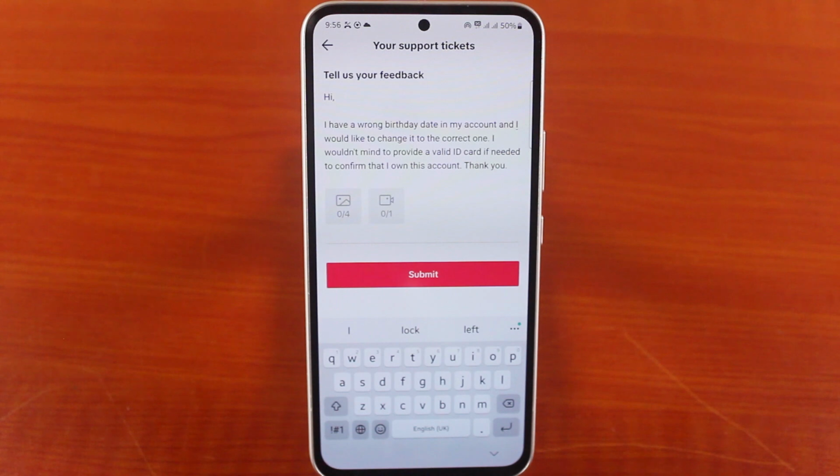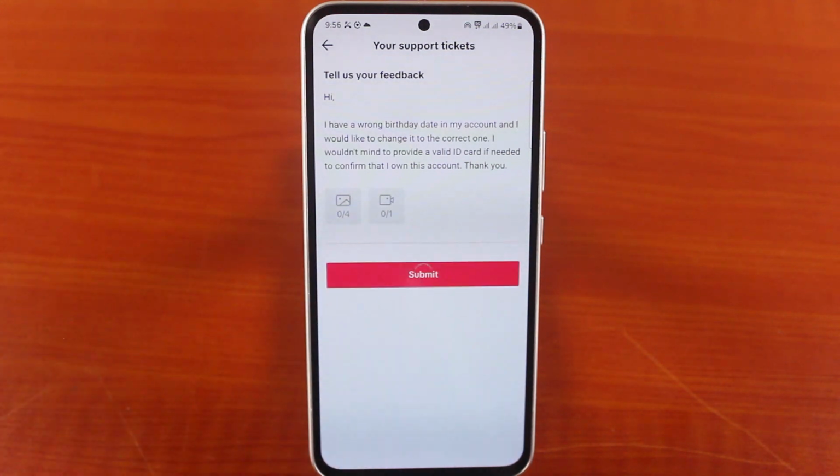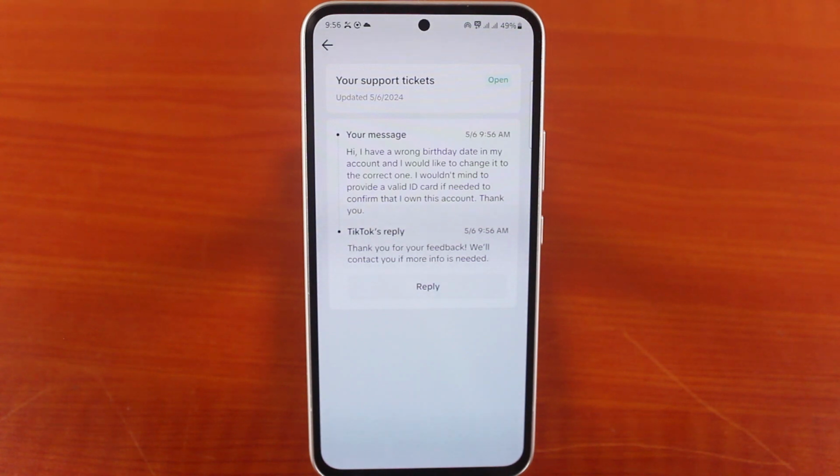So make sure everything is well written and you do not upload any ID card or verification means without being asked for it. So once you are satisfied with this, hit the submit button and then you need to wait for a couple of days for TikTok to reach out to you about your message and the necessary steps you need to take to change your date of birth or your year of birth on TikTok. So this is how to change your age on TikTok using the TikTok